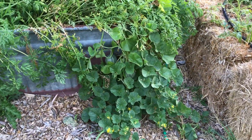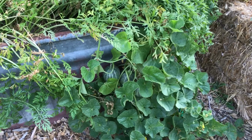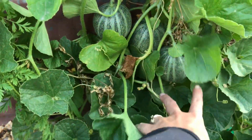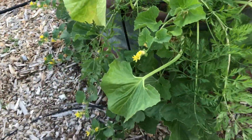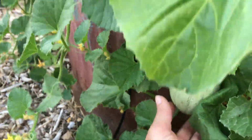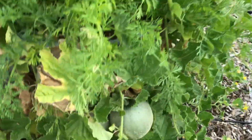carrots and some melons. These are like little cantaloupe type melons, musk melons. It's cute. Okay, these are little tiny ones. I planted like several different varieties. Here's a different one, different kind, melon. And the next one's same thing, carrots, and